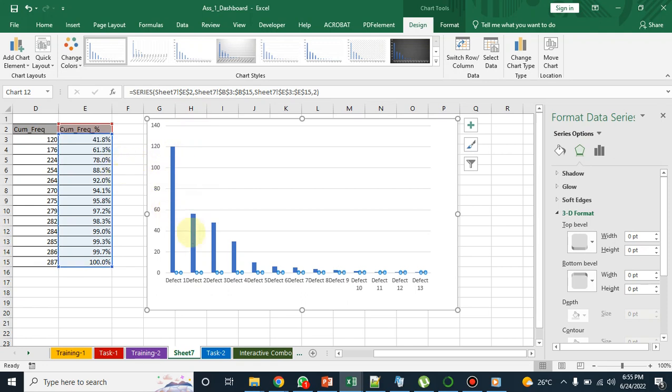So once we highlight it, now you right click on the data,